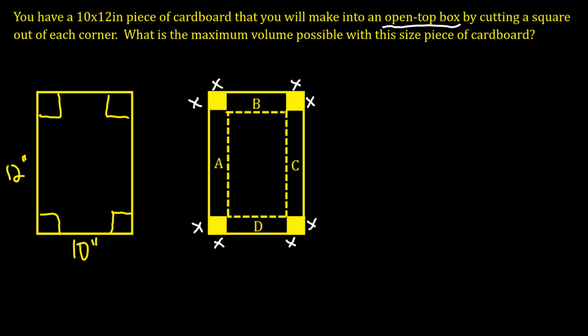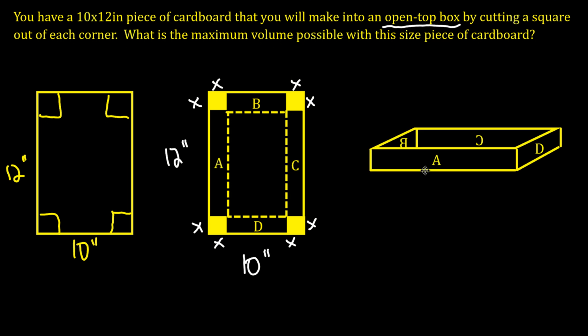Since this was 12 inches for the length and 10 inches for the width, we're going to try to figure out what the new length and width of this folded up box are going to be. The folded up box is going to look something like this, where flap A is folded up, same with B, C, and D. You can see that A and C are across from one another, and B and D are also across from one another. And so side A was 12 inches,